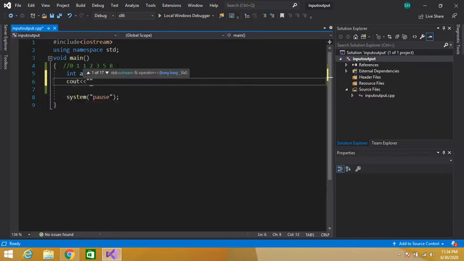Then we have to ask the user how many terms of Fibonacci series you want to see.